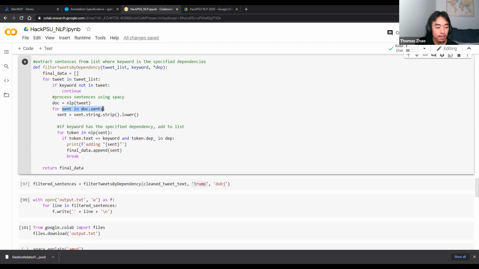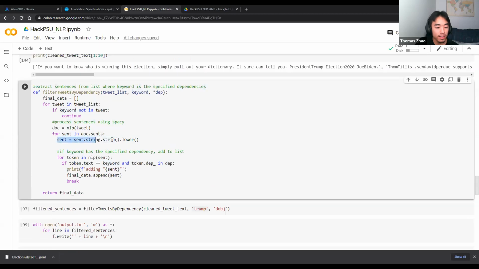Using the synthesizer, we'll look at each sentence. We'll check that sentence: if the token is the keyword and that token has the dependency that we want, then we'll add it to the final filtered data. So we get this filtered data, and I'll show you what we can do with it.